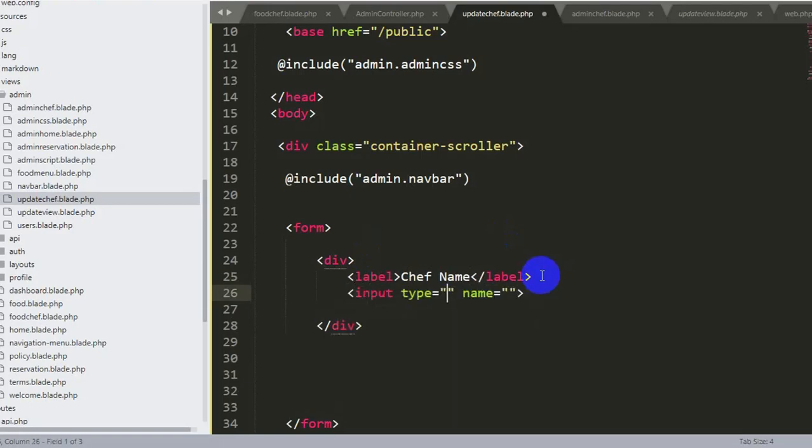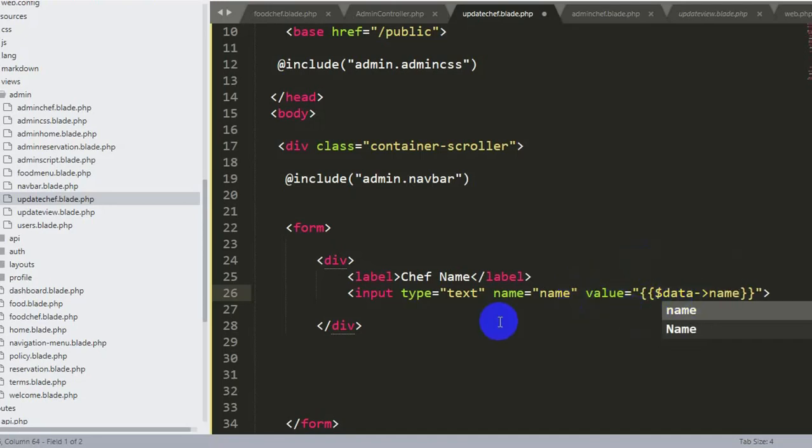The input type will be text, the name will be name, and it will have a value instead of placeholder, and the value will be $data name.